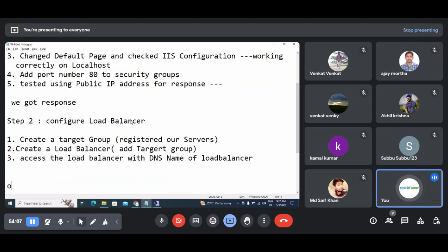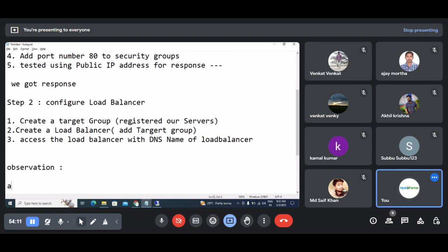So here what was our observation? So observation, we have found accessed website using, we can also call it as LB. LB stands for load balancer. So DNS name, and found that